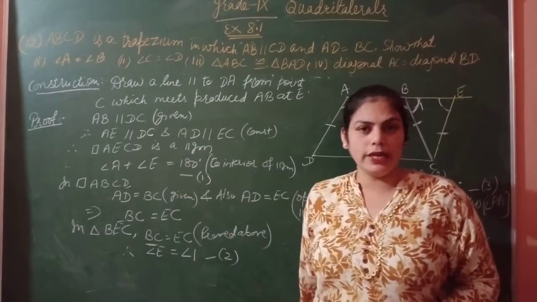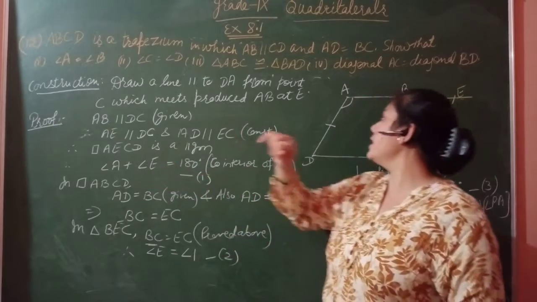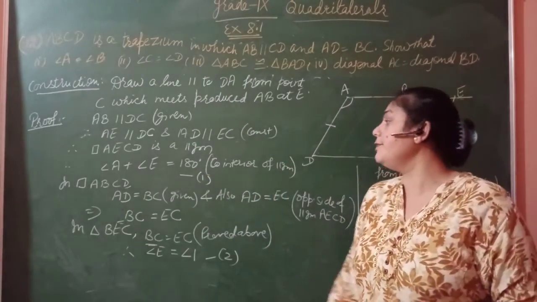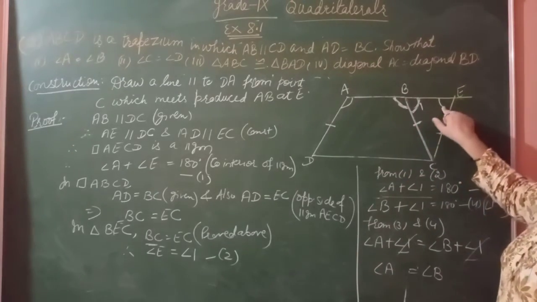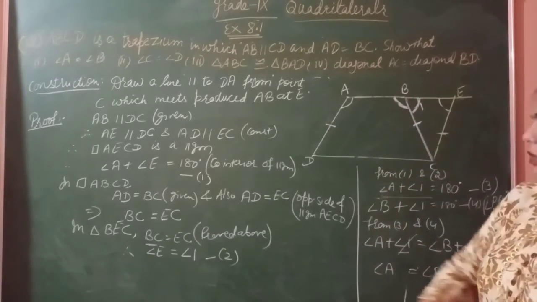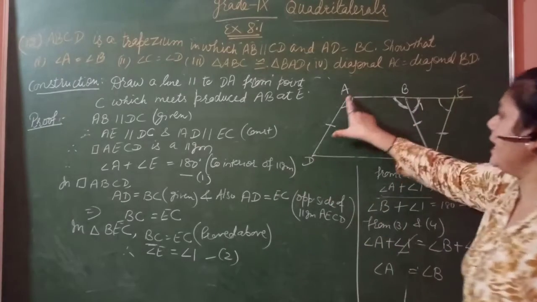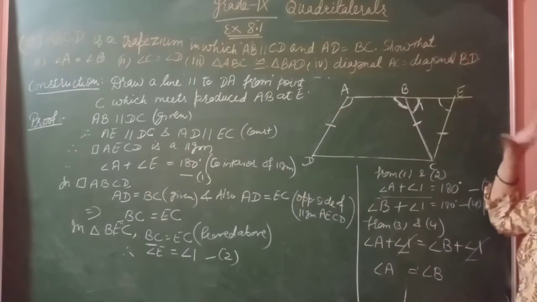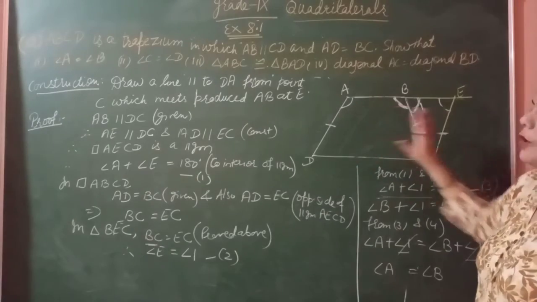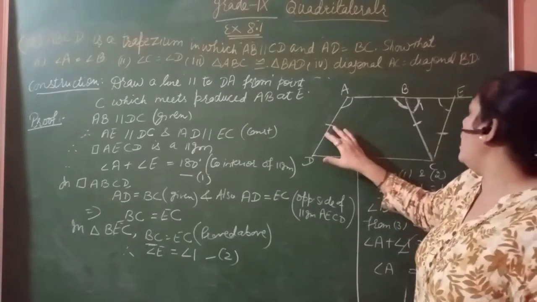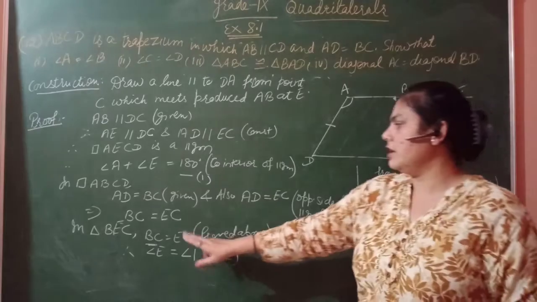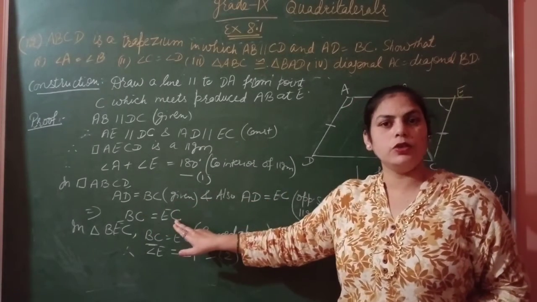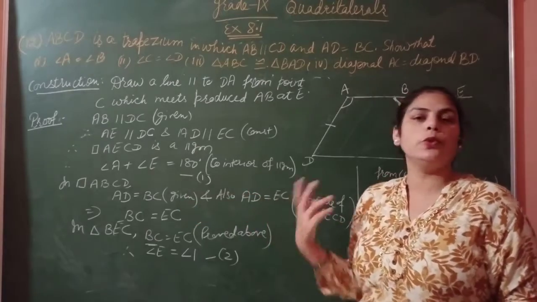अब पैरेललोग्राम में एडजेसेंट एंगल्स का सम या कोइंटीरियर का सम, angle A and angle E, the sum is 180 degrees. अब हमें E की जगह क्या चाहिए? B चाहिए। हमें angle A and angle B equal show करना है। क्लियर? अब E और 1 ये हमने इक्वल शो किए। हाउ? AD BC के इक्वल है और AD जो है वो CE के इक्वल है। Why? Because these are the opposite sides of a parallelogram and this is given. Clear? So BC and EC are also equal to each other because both are equal to AD.